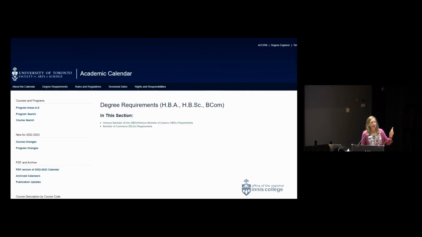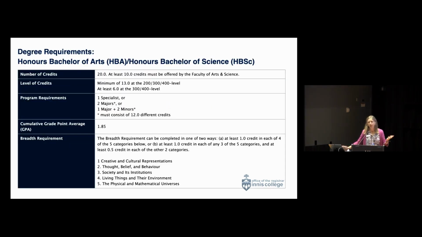Okay, so when I click on that link that I just had circled, I come to a page that looks like this. And for the purposes of this talk, I'm going to focus on the Honors Bachelor of Arts and Honors Bachelor of Science degree requirements. I know that there are a few commerce students in the room. The reason why I'm focusing on Honors Bachelor of Arts and Honors Bachelor of Science is because there's really only one difference for the commerce students, and when I get to that difference, I'll point it out to you. Okay, so if I click on that link, I get to the 5 degree requirements. That's it, just 5 things that you need to achieve in order to earn your degree. We'll go through each of these line items one at a time, and I'll explain and give you some examples so you can understand it a little bit better.